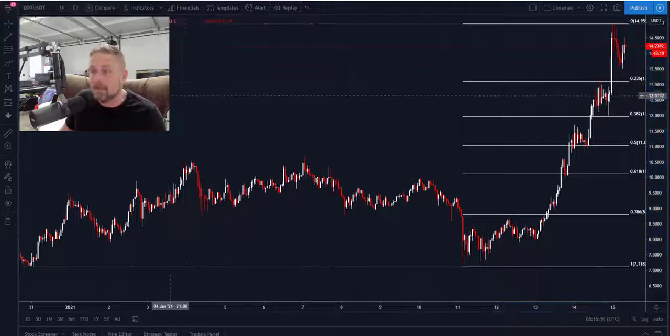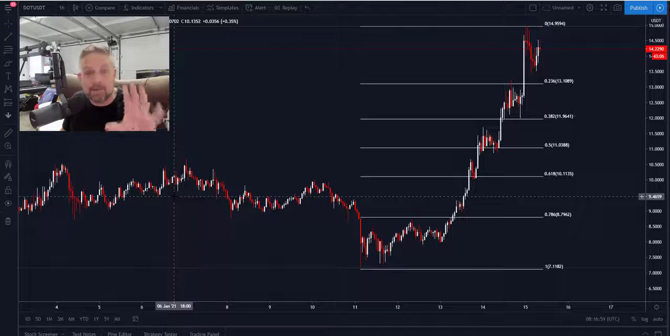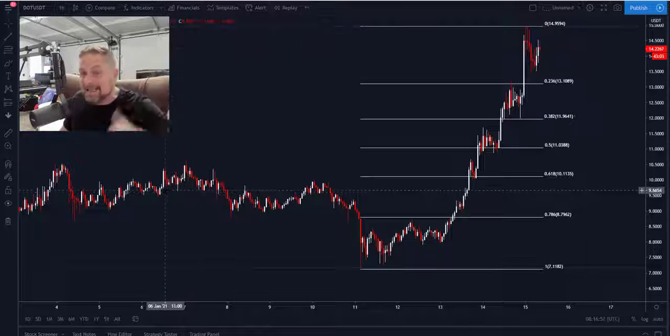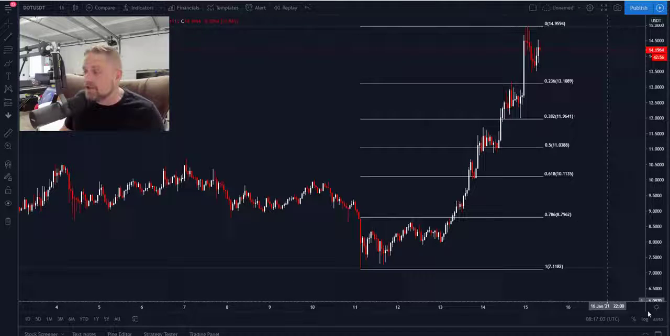Now typically what happens when using Fibonacci retracement, and this I cover by the way in my free Telegram crypto chat, link is in the description below, is you typically see after a big run up a pullback to what's known as the golden pocket ratio, which is the